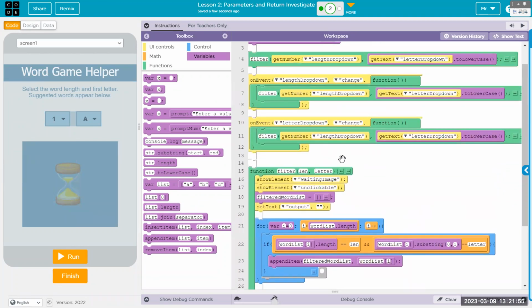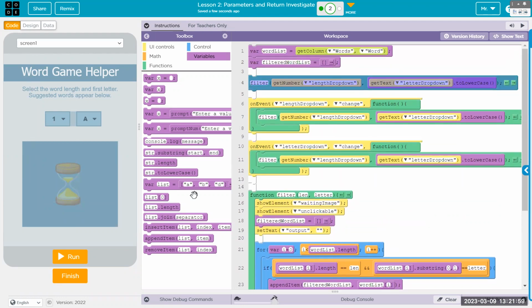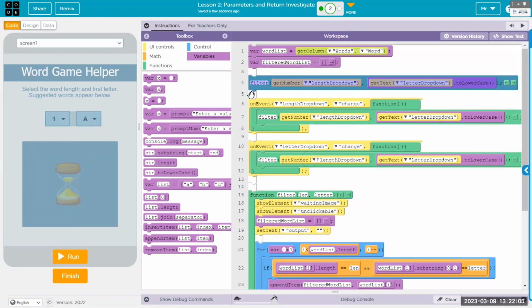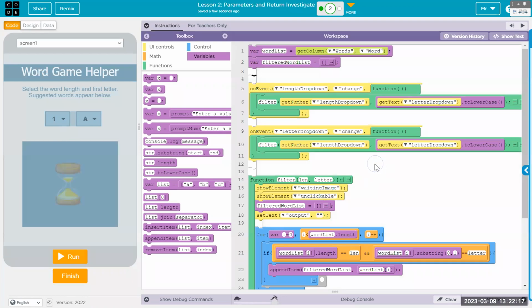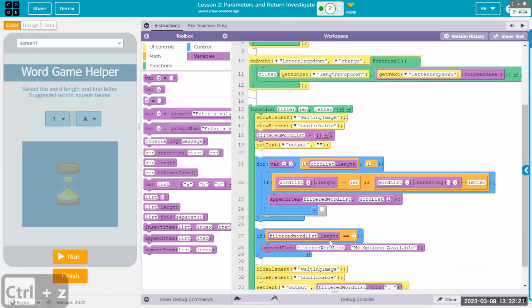All right, so how does it work? Well, right off the bat, it runs it with A and 1, which is only one word that starts with an A and is one letter long. And I don't think we even need this. I mean, you don't need to delete it, but I'm saying from the app situation, it doesn't really, hold on, does it not work if it's not there? Oh yeah, probably doesn't work there because it needs to hide the other thing. But either way,